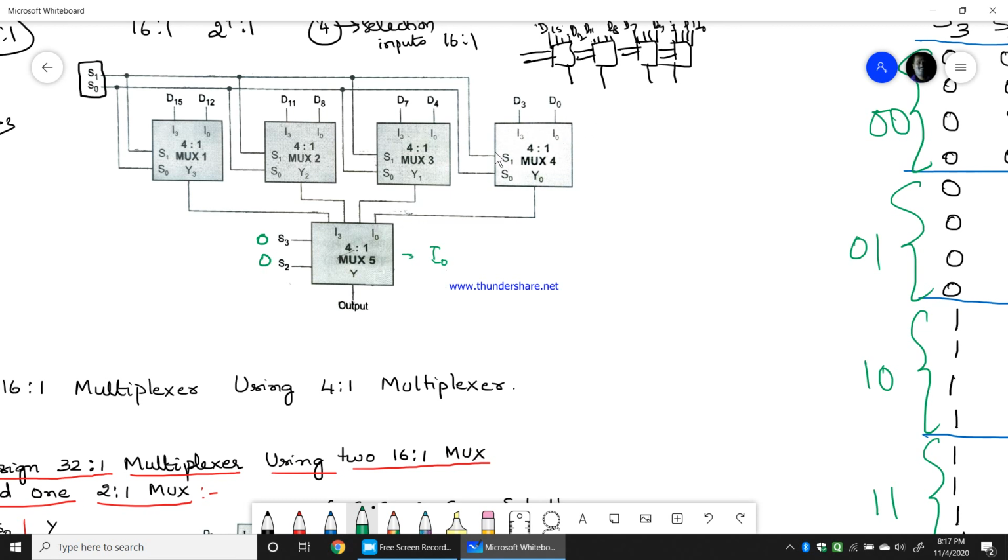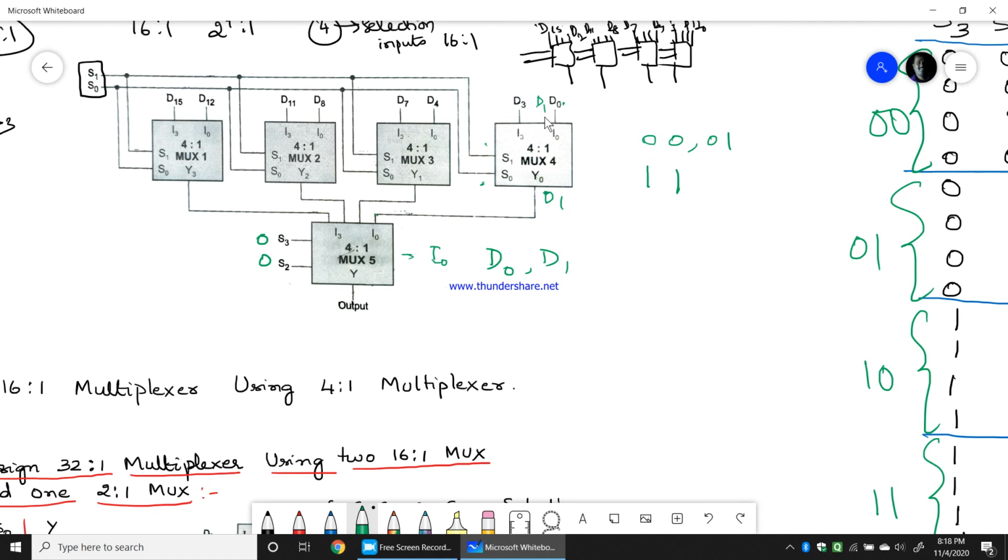So now this S1 and S0 will have the value from 0, 0 to 1, 1. So when this S1, S0 is 0, 0, D0 will be selected. That will be the output, and that will be the output given to I0. As 0, 0 is there, I0 will be the output where D0 comes here. Similarly, now S2, S3 will remain as 0, 0 only, where this S1, S0 will become 0, 1. Once it is 0, 1, D1 will be selected and that will be the output given to I0. As S2, S3 is again 0, 0 only, therefore D1 will come as I0.